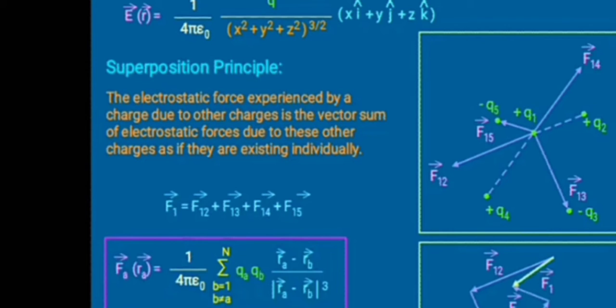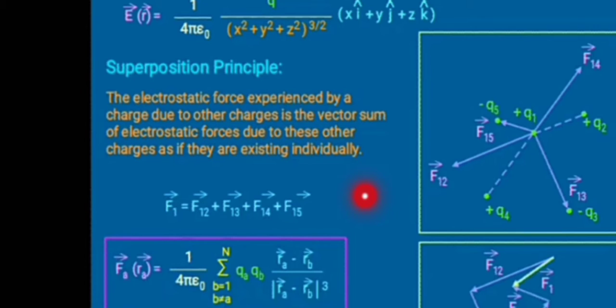If many charges are present in the space, each charge exerts a force in its field on the other charges. The magnitude of this force between two charges is given by Coulomb's law, 1 upon 4 pi epsilon 0 q upon r square. Using this law for a system of charges, if F12 is the force between 1 and 2,